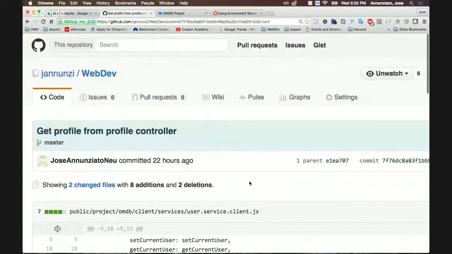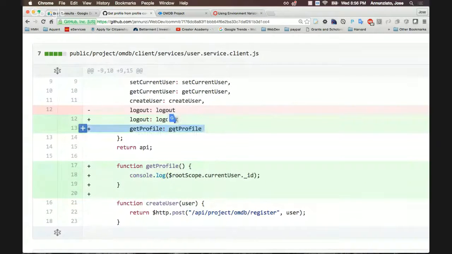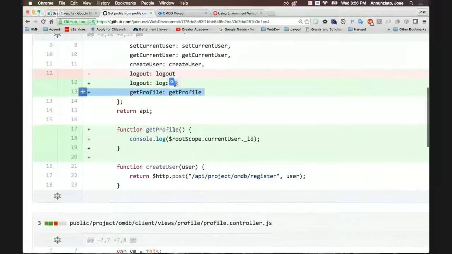All right. So what I want to do now is that now that I have the movie knowing who likes it and the users knowing what movies they like, on the profile page, I'd like to render all the movies that a particular user likes. If I go into my profile page, I would like to see all the movies that I've liked, or the movies that I've rated. They should be listed in my profile. So I'm adding a get profile to the user service, and